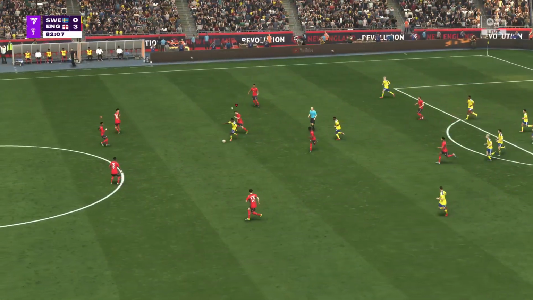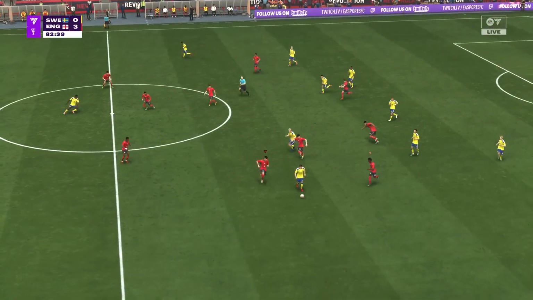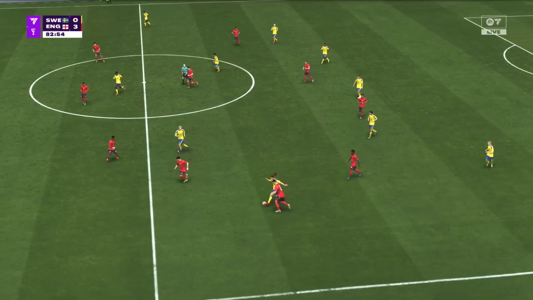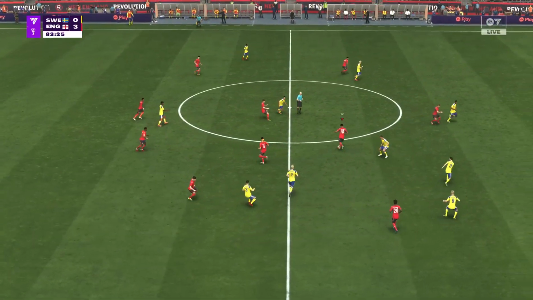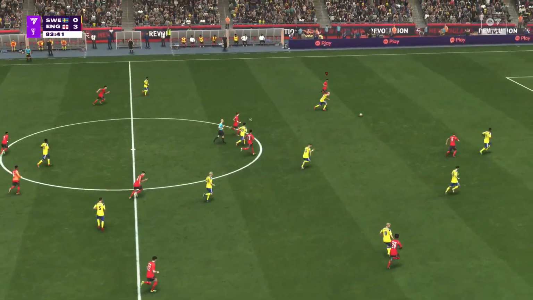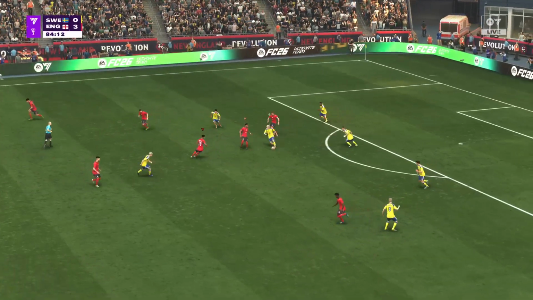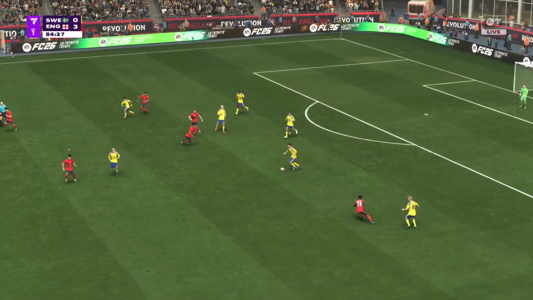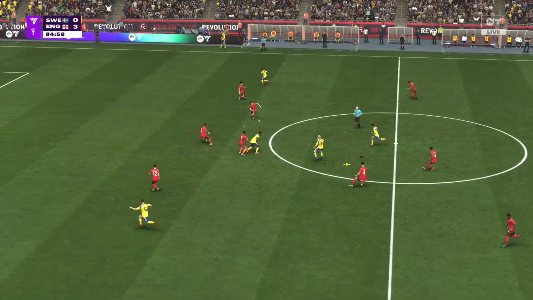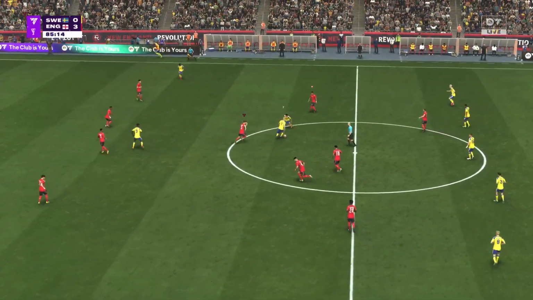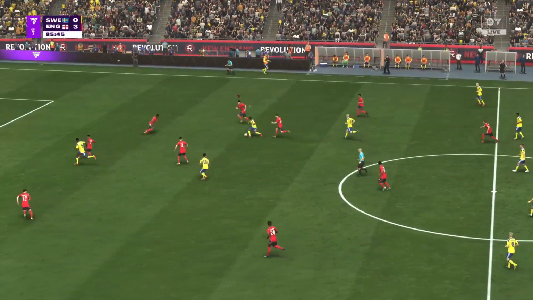England a bit sloppy in possession. In the right position to make sure it didn't go all the way through. Isak. Well, it comes down to the final 5 minutes.